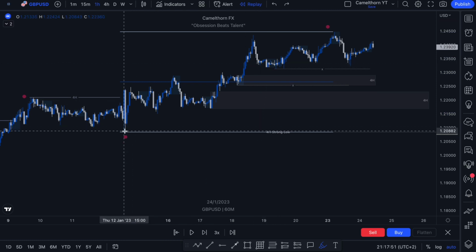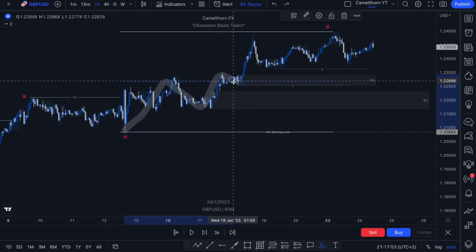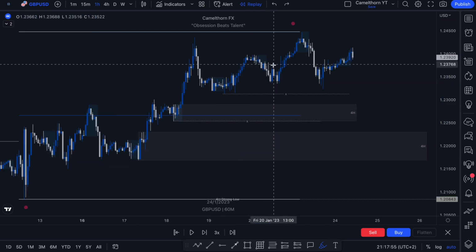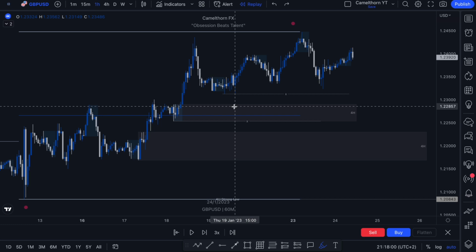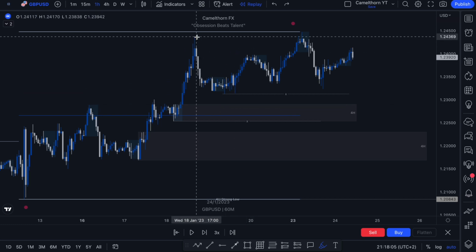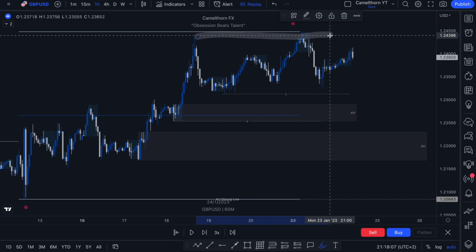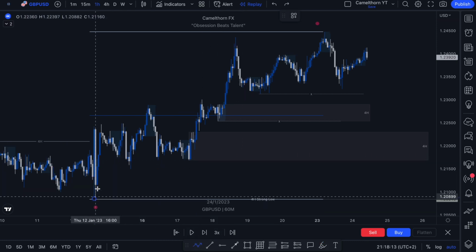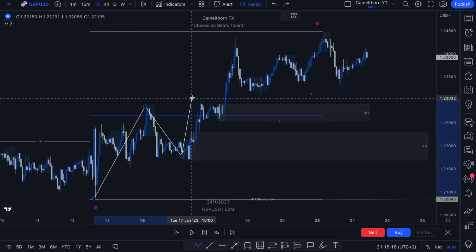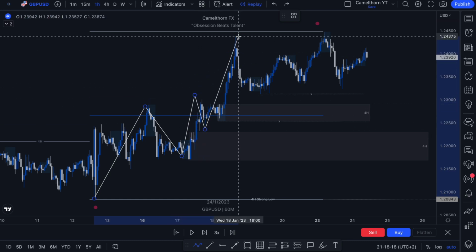We can obviously see that internal 1-hour structure as price action pushes up. Now, one thing you see in here, and this is where I want to open your mind's eye to how price action tends to interact with weak highs and strong lows. So in this particular scenario, we can see that our internal 1-hour structure has been bullish up until